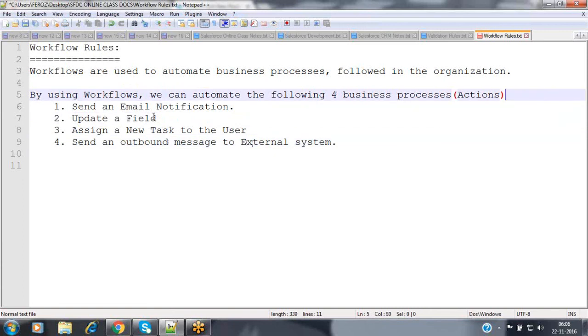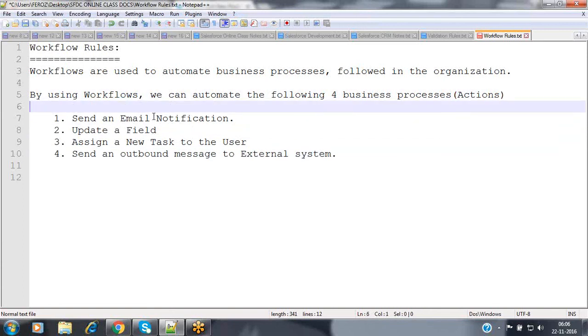So these are the 4 actions we can automate with the help of the workflow.